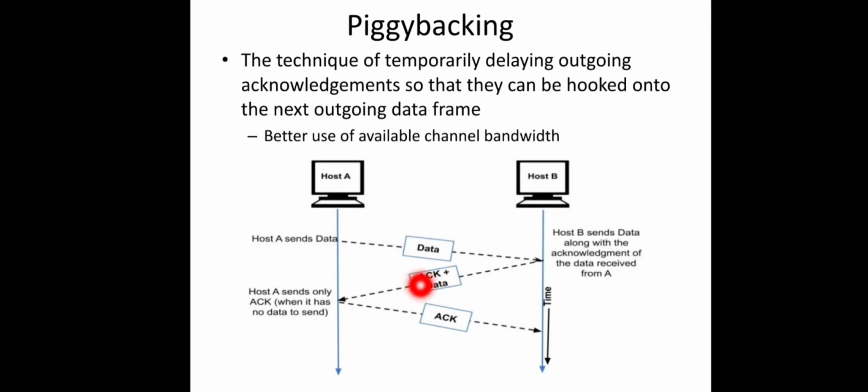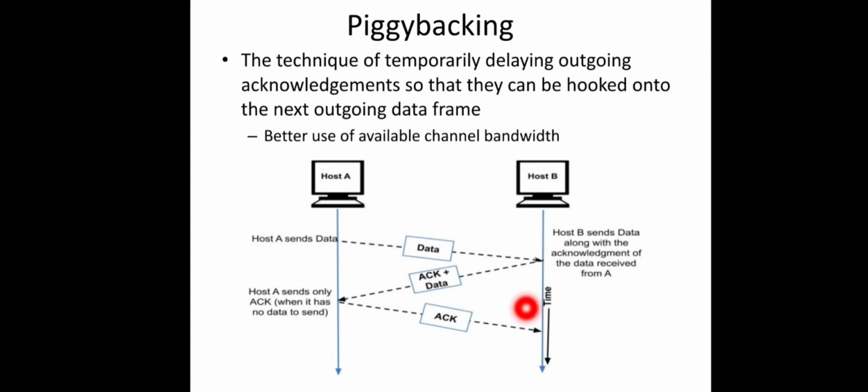Okay, so a 1 bit will be added into this data frame. So definitely some portion of the header will be reserved for this acknowledgement number. We can put that acknowledgement number there. That's enough to send this acknowledgement. So thereby we can reduce the length of the frame to a great extent. Okay, and here you can see that the third one is simply an acknowledgement.